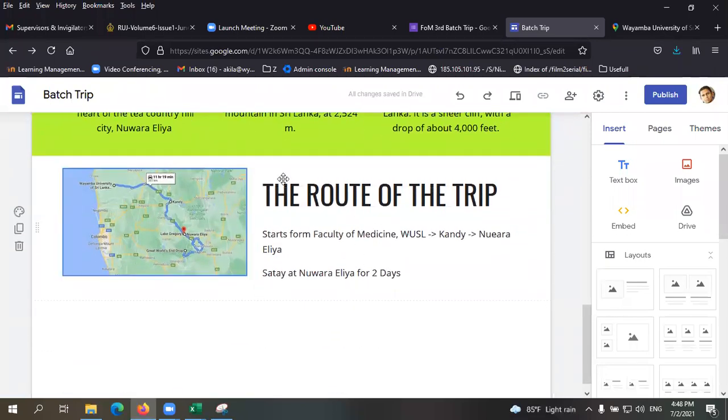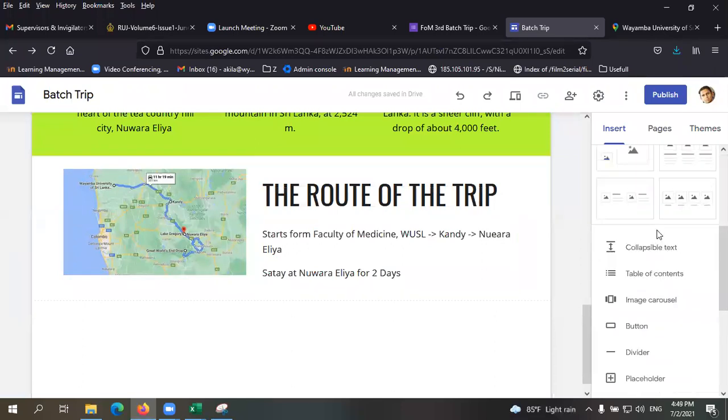So like this, you can add an image and a description, right? So similarly, you can add images, text boxes and everything.